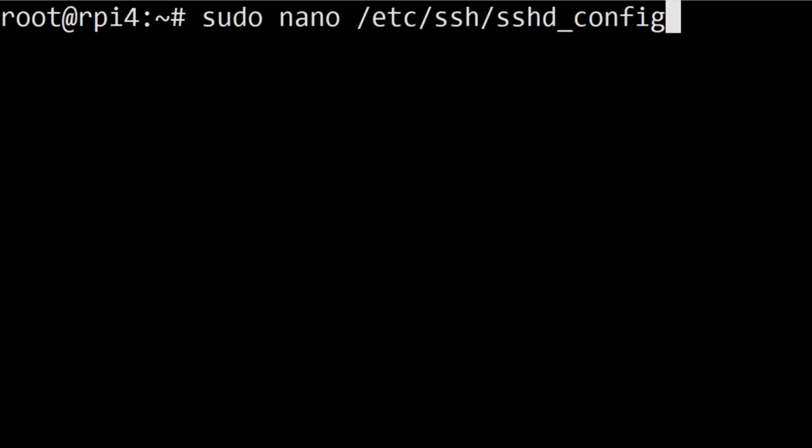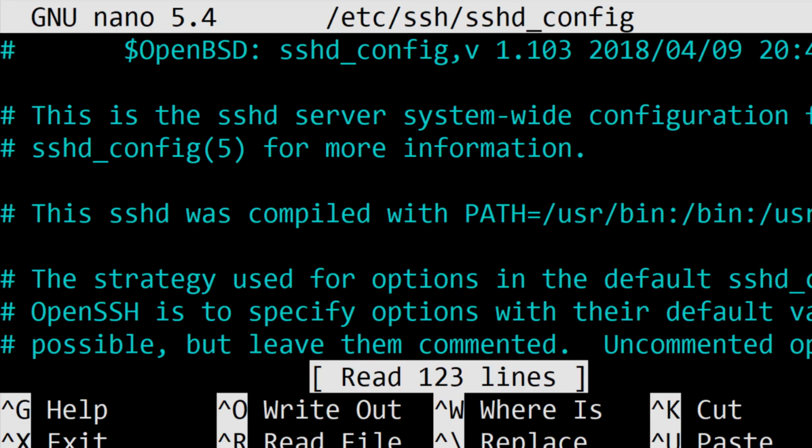So let me copy this and paste it. So sudo is a command that provides us elevated privileges. So we have just installed sudo, and whenever you want to access anything related to system settings, you should always use sudo. So anyway, we have the root user as the current user, so sudo may not be needed, but in case you are going to create another user on your own and you want to edit this sshd_config, then you have to use the command sudo. So now this is the sshd_config file.